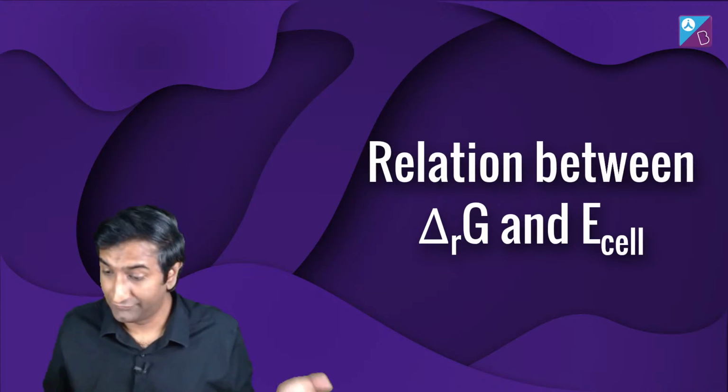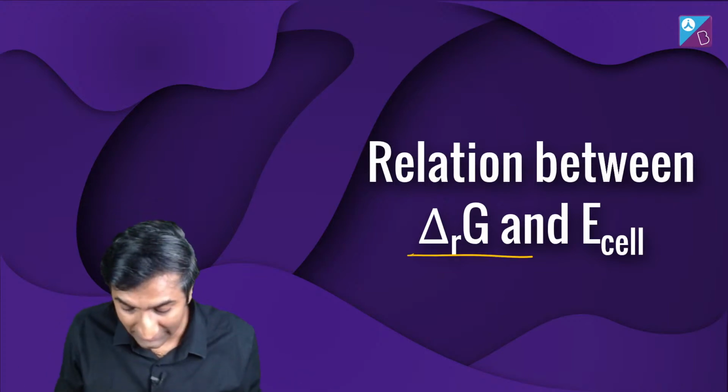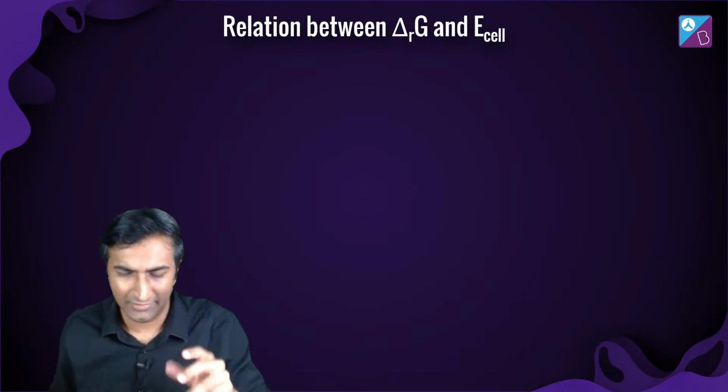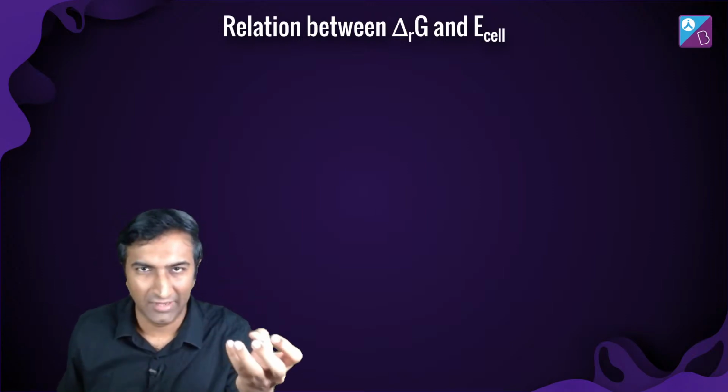Anyway, let's now talk about chemistry. The most important bit of this session to start off with: the relationship between delta G and E cell. Why does a reaction happen? And for the why part, what do you need to know? We need a little bit of definition here. Okay? Pay attention to this derivation. It's a very short derivation.